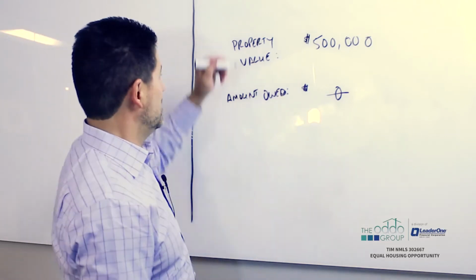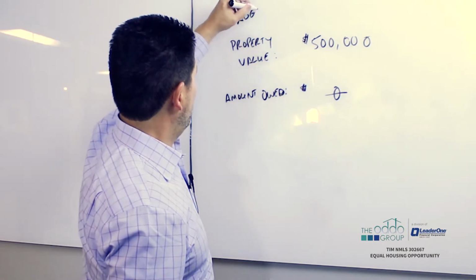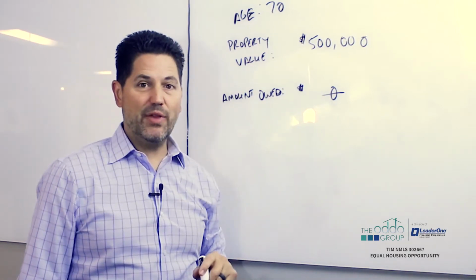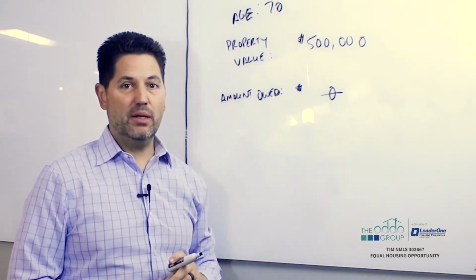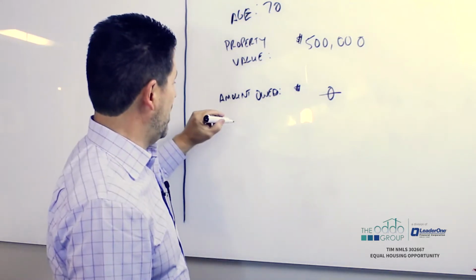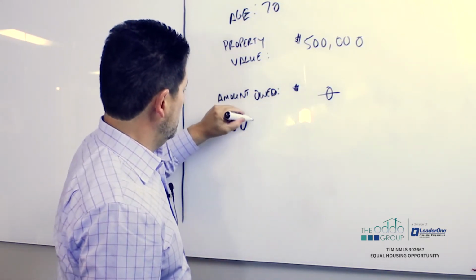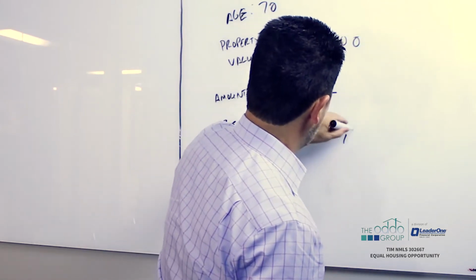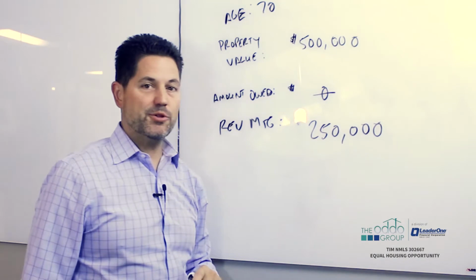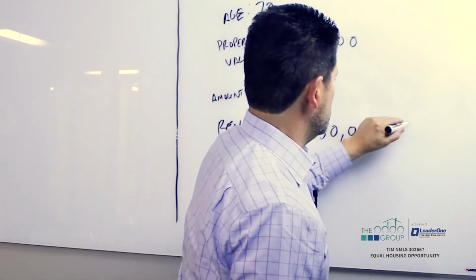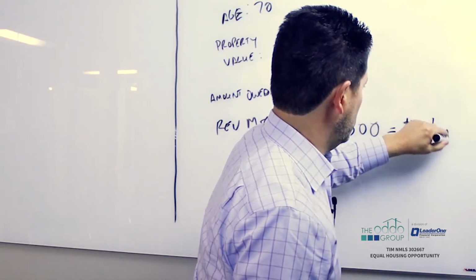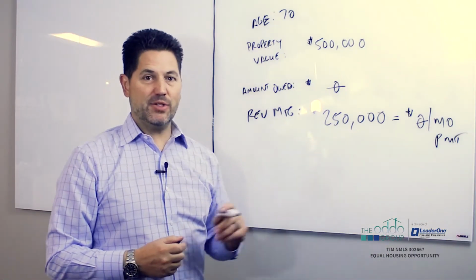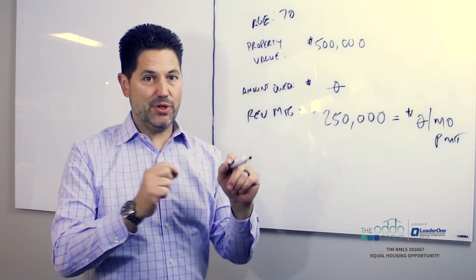Here's an example. Let's pretend we have a borrower approximately 70 years old. They own a property that's worth $500,000 and they owe nothing on that property. Let's say today they could probably obtain a reverse mortgage of approximately 50% of that. So we would give them approximately $250,000 in a reverse mortgage, of which there's never a monthly mortgage payment. Okay? So now, with that $250,000 reverse mortgage, there's a bunch of different ways that you can take this money.